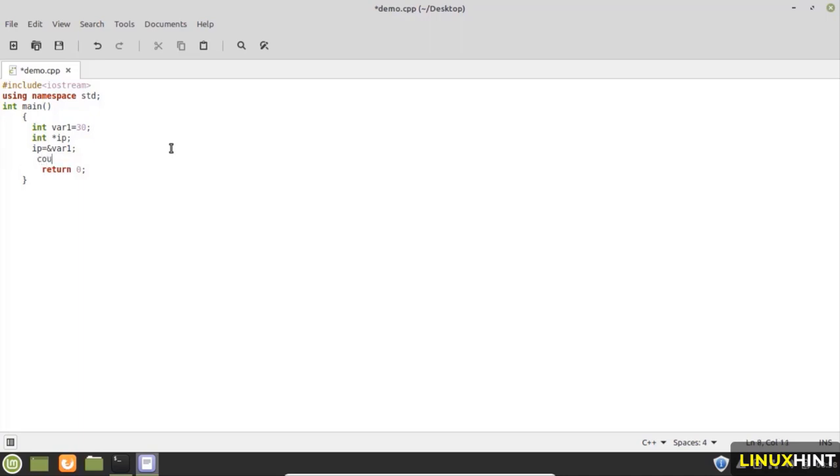So right here cout the value of the variable is variable1, and now we have to print the address that is stored in the ip variable. So right here cout the address stored in ip variable is, right here ip,